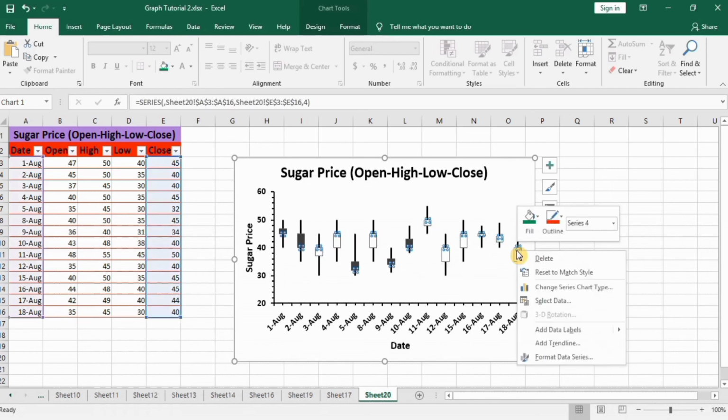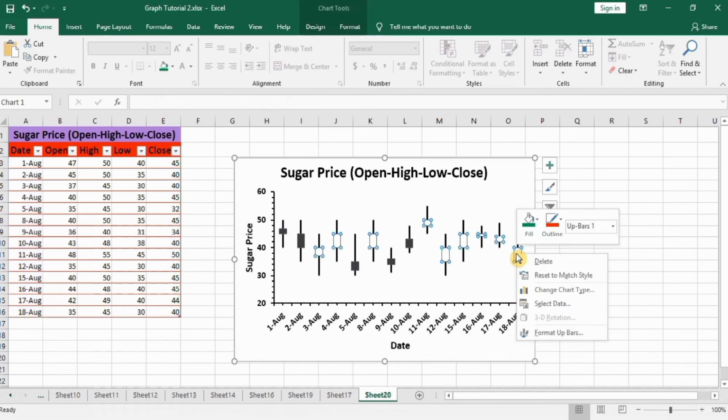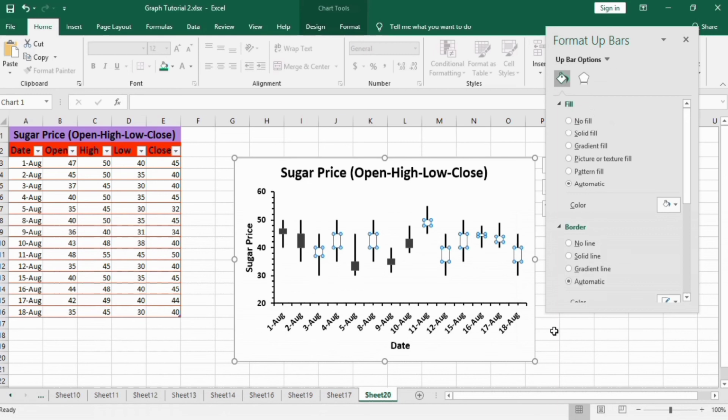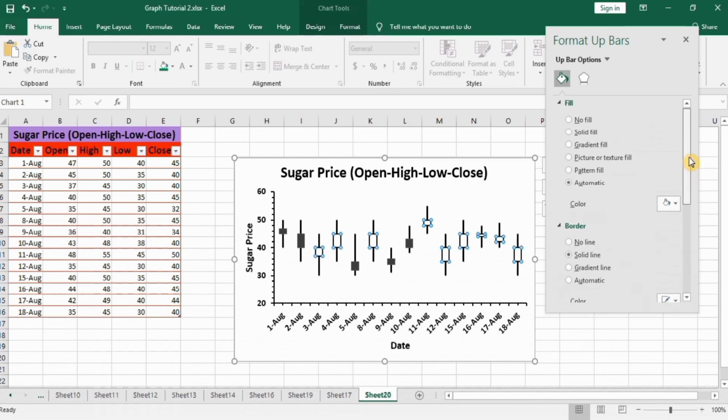Right click, go to format up bars and in fill solid line for border and width 1.5, and I will fill these bars with solid fill and red color. That's fine.